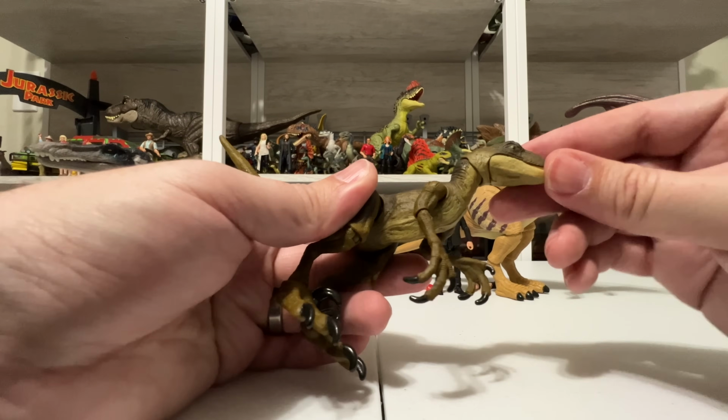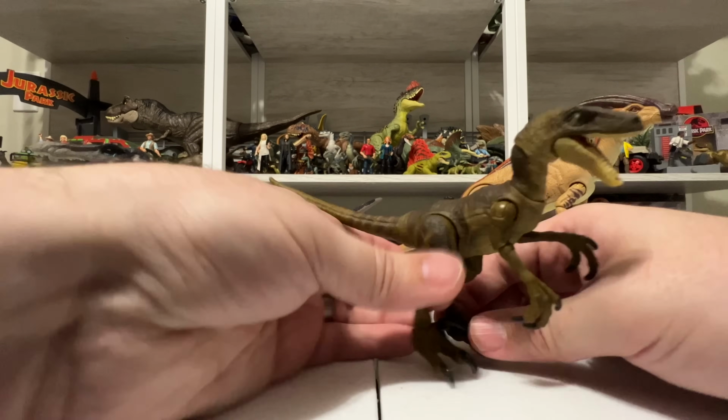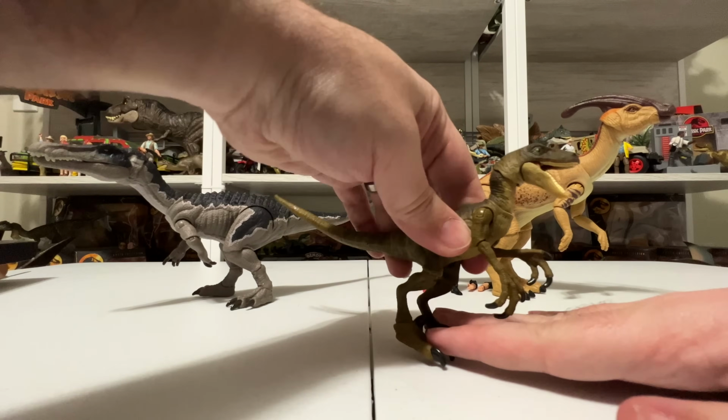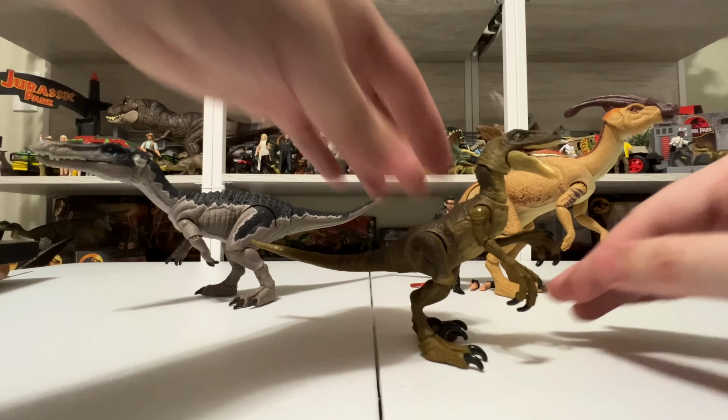And then of course you have one jaw, bottom jaw articulation. It doesn't have top and bottom like the Amber Collection version. We'll go ahead and get the Amber Collection version out here for a quick comparison. But before we do that, I do want to get the